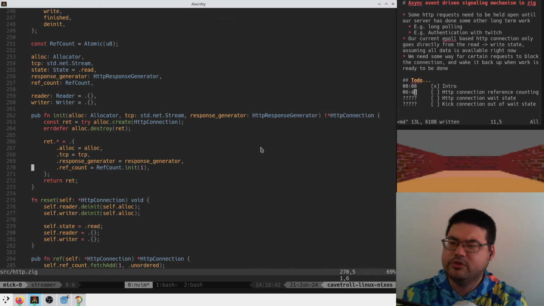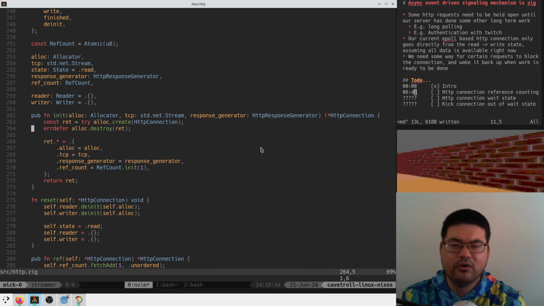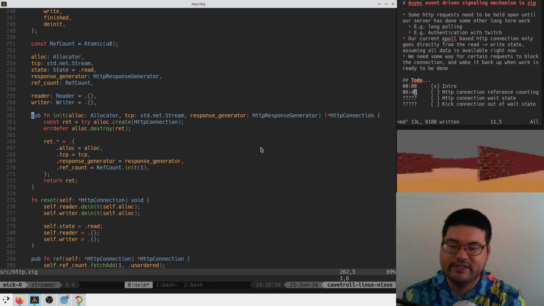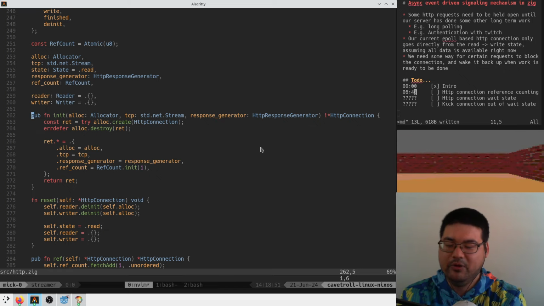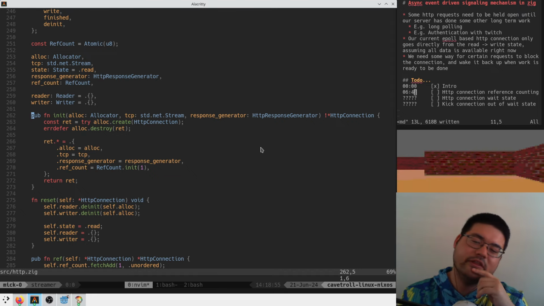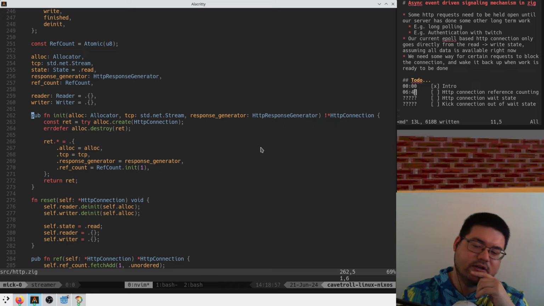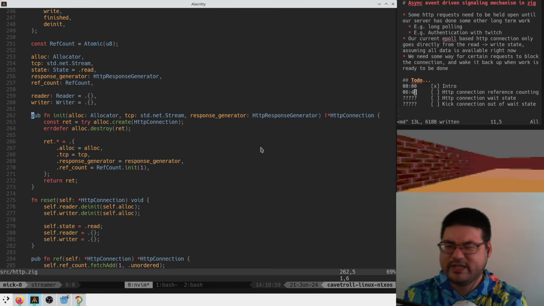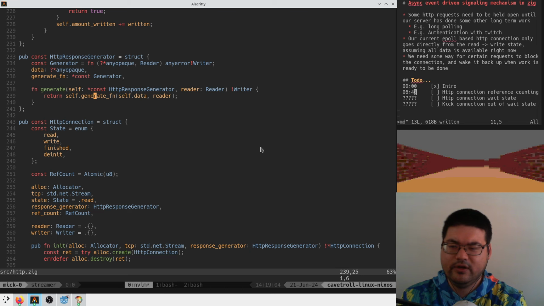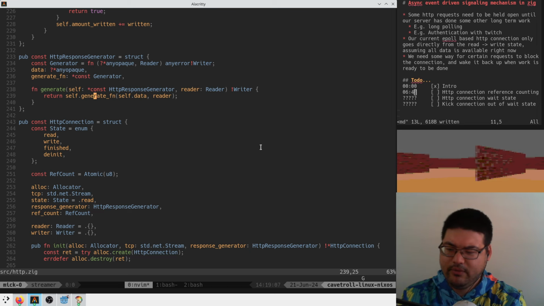And so I should be able to spawn one of these, hand them off to like 1,000 threads and deinit it. Then we should make sure that we get one deinit at the right time. I think that's the best way to check this, because multi-threaded code is kind of hard to test. But yeah, it's fine. So, maybe for now,